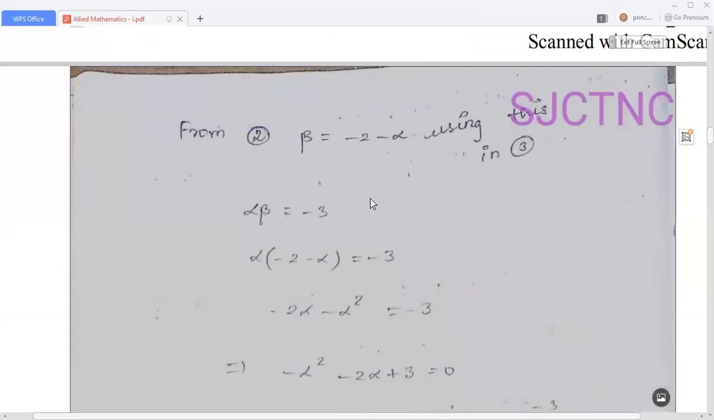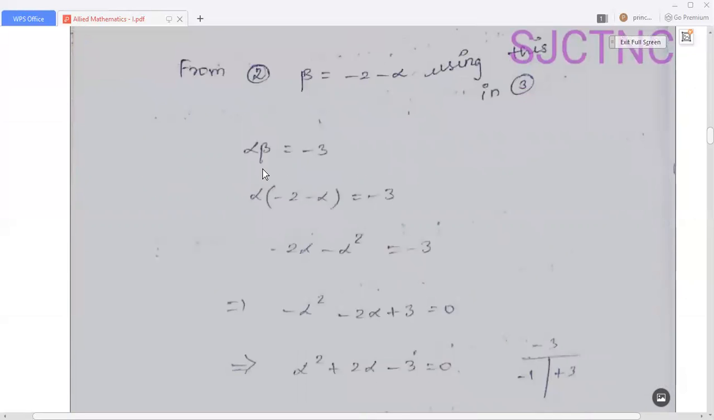Right. From equation 2, we write beta equal to minus 2 minus alpha. Using this value in equation number 3, that is alpha beta equal to minus 3, we get